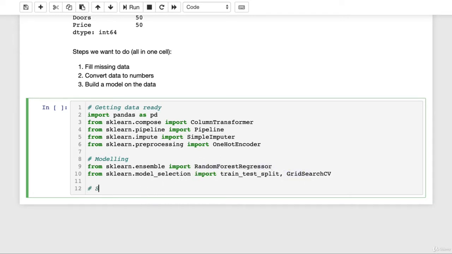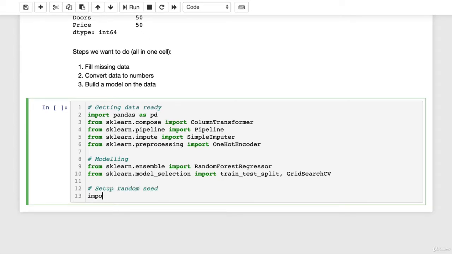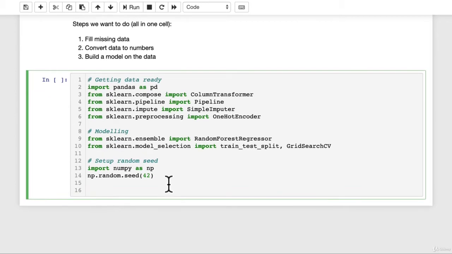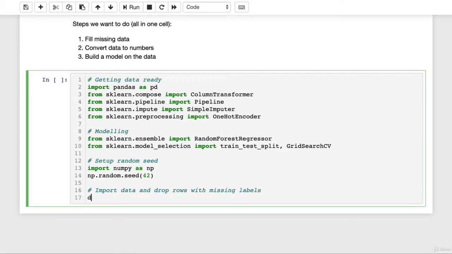Okay, now we're going to set up random seed. So we'll import numpy as np. We'll go np.random.seed(42). Wonderful. Now, for completeness, for doing it all in one cell, we're going to re-import the data. So import data, and we're going to drop the rows with missing labels. So data equals